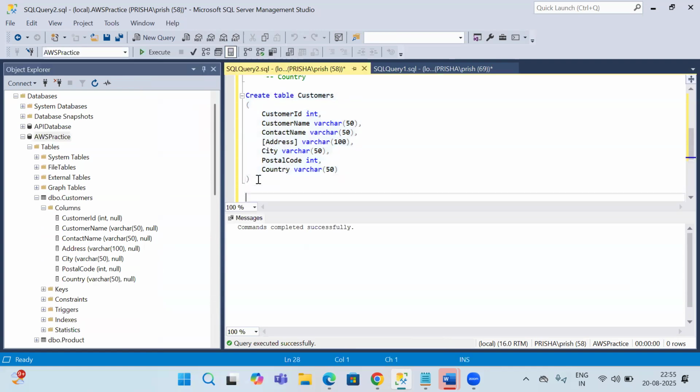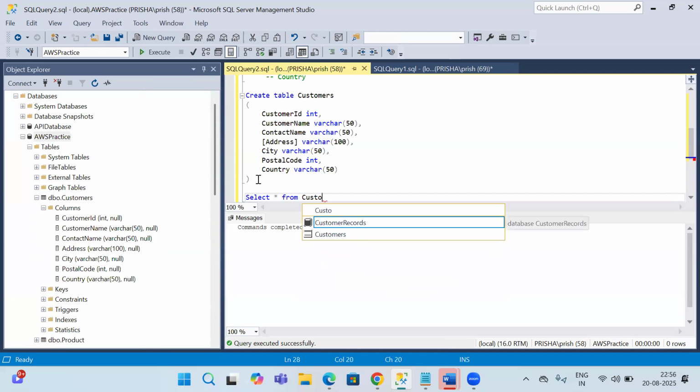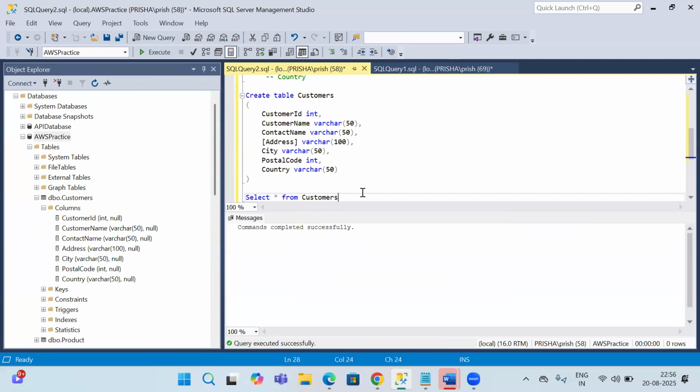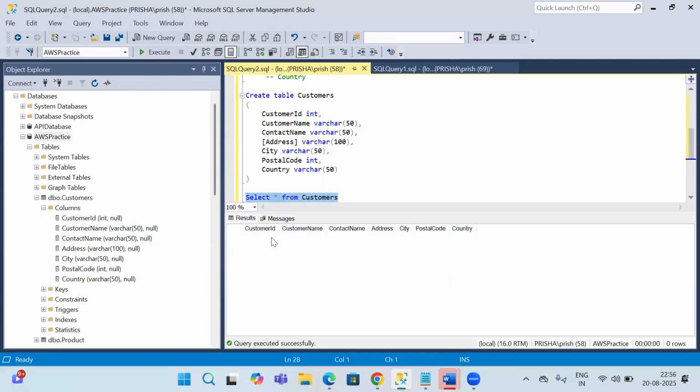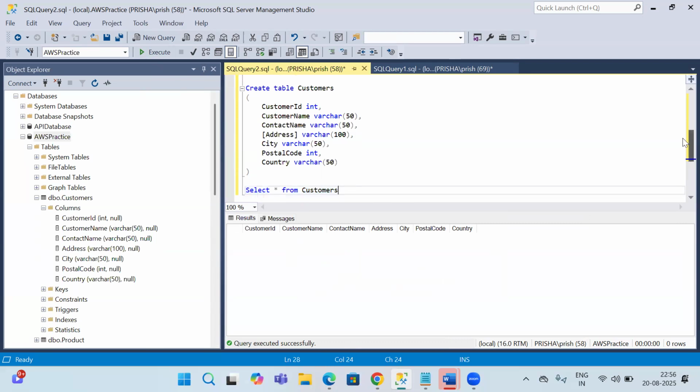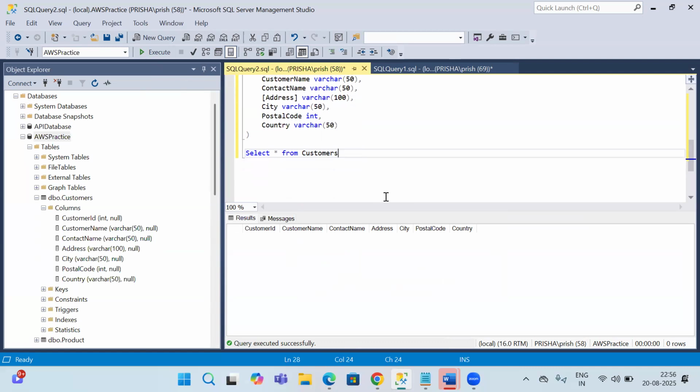Now if I want to see the table structure, I have the option to select star from customers, and I just have to execute this. So I will execute, and now you can see customer ID, customer name, and all of this. The value is not inserted yet. Now let me insert some values and then we'll see the NOT operator and how you can use it. So insert